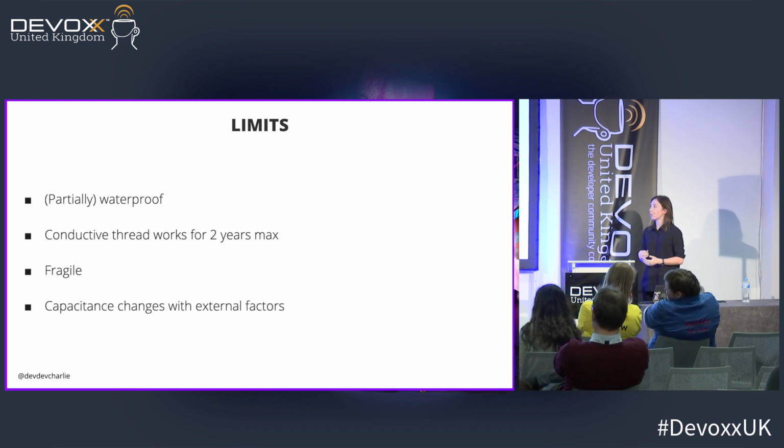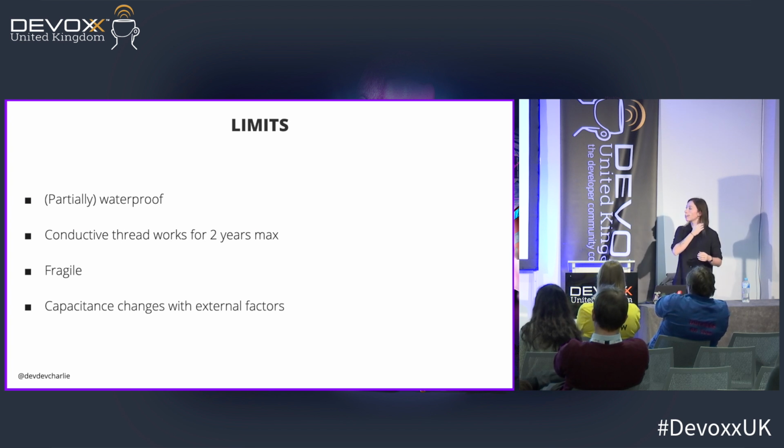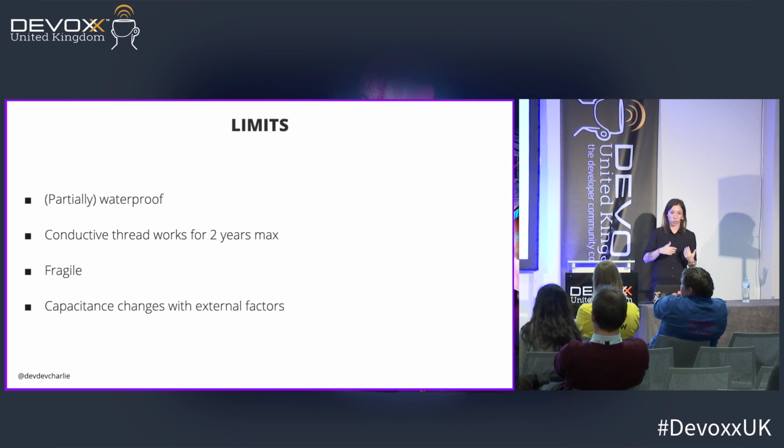Apparently, conductive thread works for 2 years maximum. So I think if you want it to be quite performant, it will work for 2 years, and I don't really know what happens after. Maybe it's just not really performant after that. But that's why, if you're thinking about embedding that into things, instead of putting it straight away in my couch, I might just sew it on a patch and add that on my couch